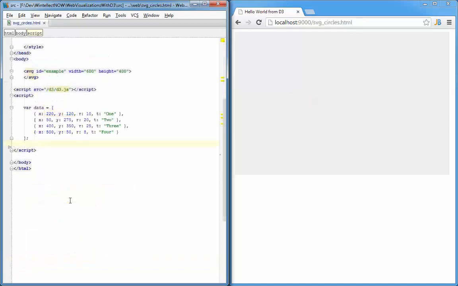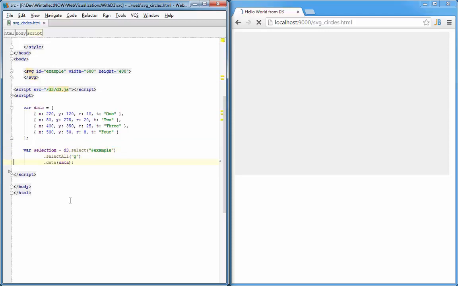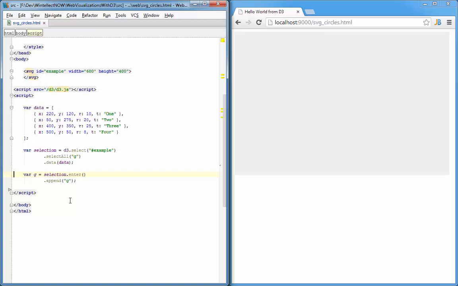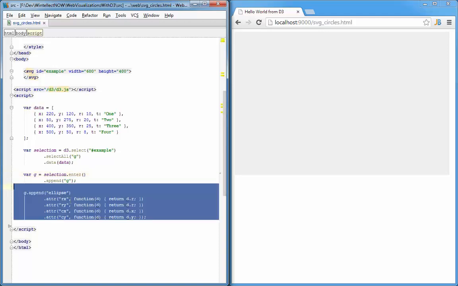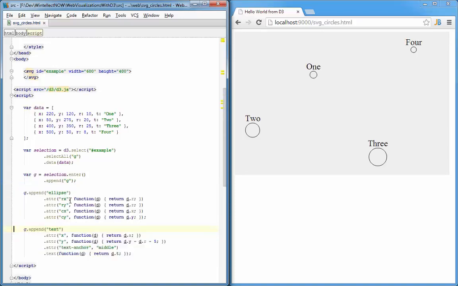Let's look at a simple document containing an SVG element. We'll create a simple array of objects that contain XY positions, radius, and text values. We select our SVG element. This will be the anchor point for adding new elements. We do a select all for SVG group elements and then use the data join function to apply our data. With our enter selection, we can then create SVG ellipse and text elements using the data item properties to define where these elements appear in our presentation. So with these few